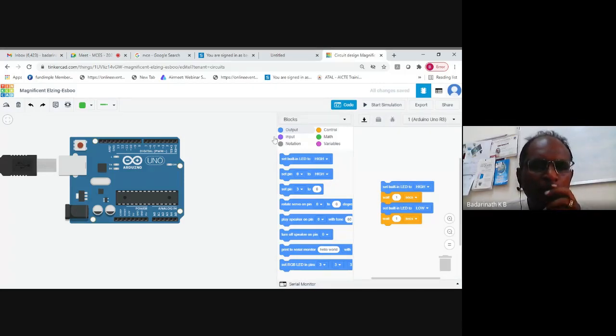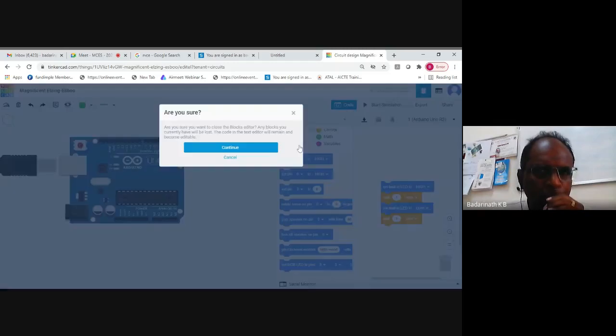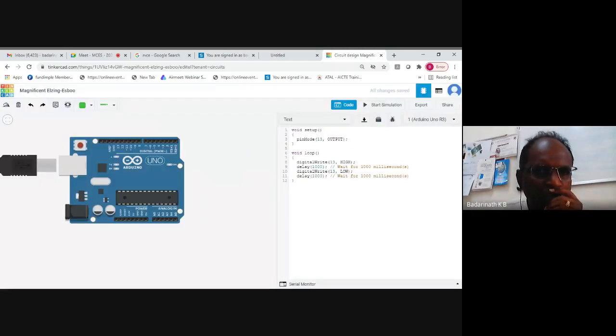Now, I want to develop a program for this board for testing whether the LED and board are working or not. Code can be written in blocks mode or text mode. Since we have already learned the C language, for an engineering student it's always better to start with direct coding in C itself. So I've just taken the text. After I take the text, now the screen opens, and I can type my code here.